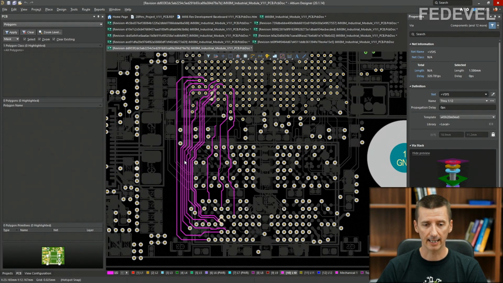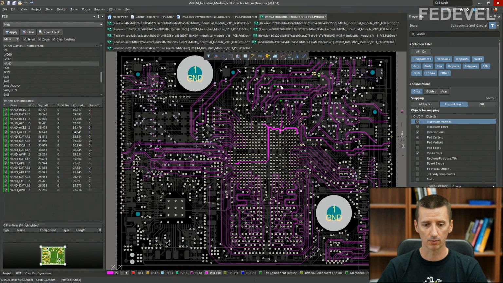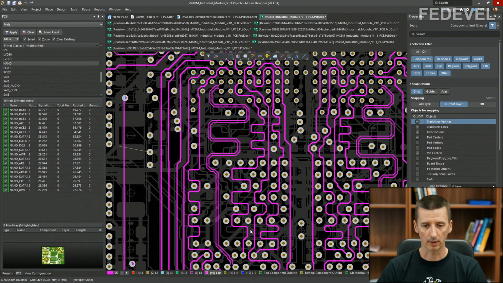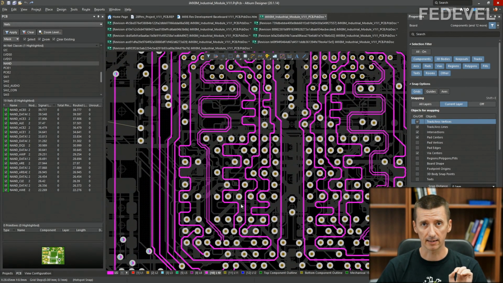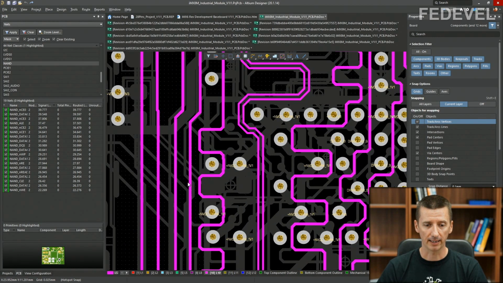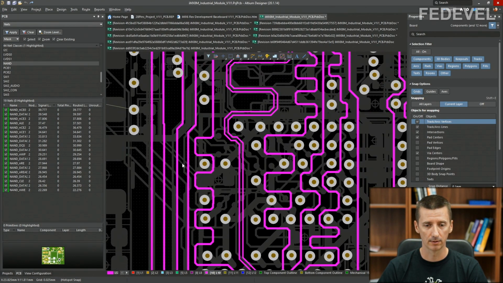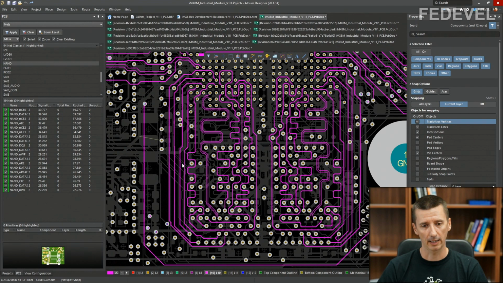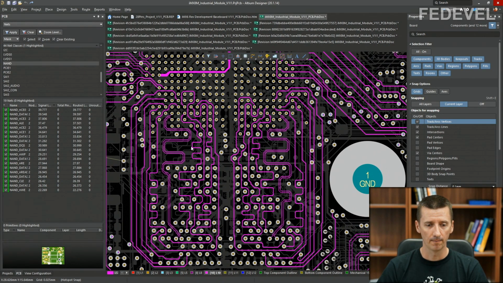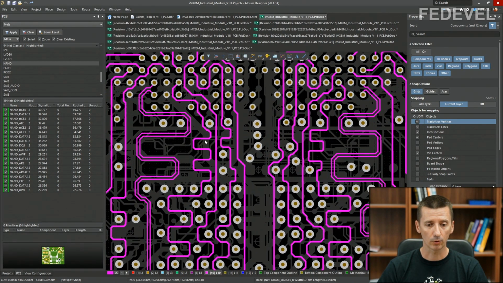After this layout was improved, this is how it looks. Okay, this is still just a draft. Don't forget, this board has not been finished yet. So this is just a draft, but even in this draft you can see a lot of space between the tracks. And also you can see he included these waves for length matching,